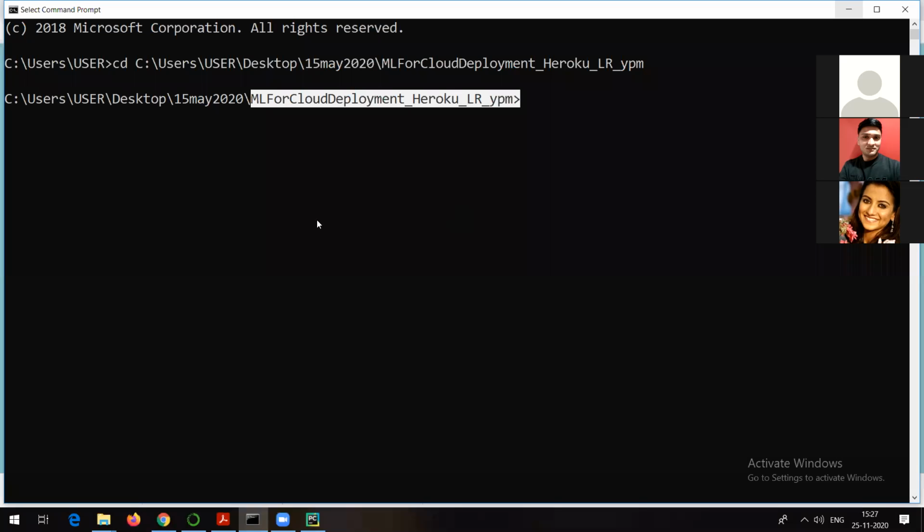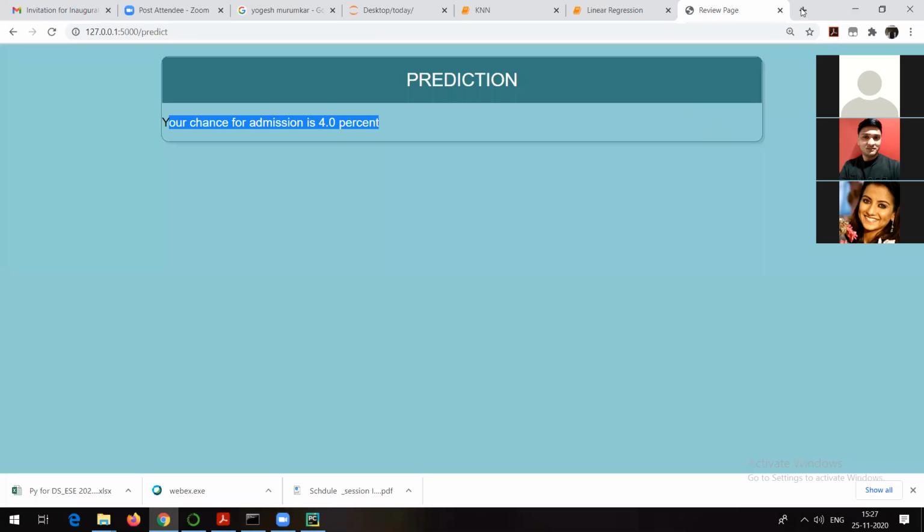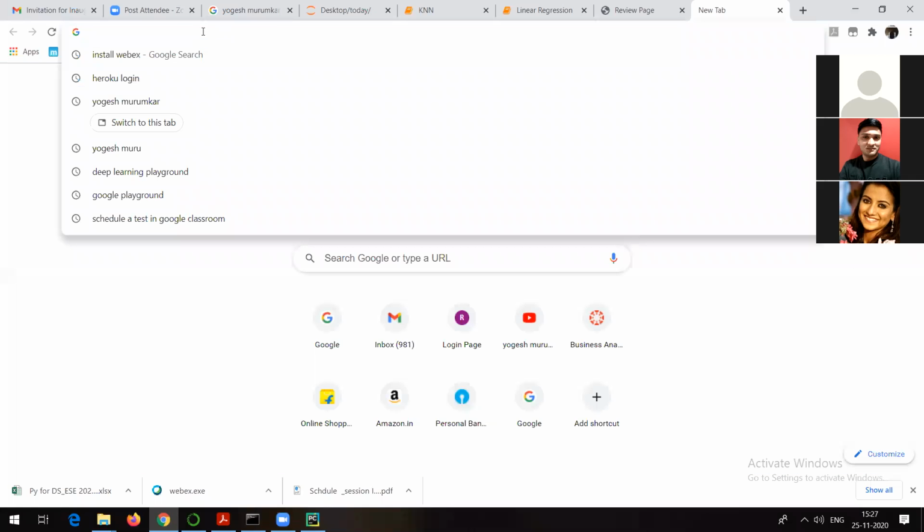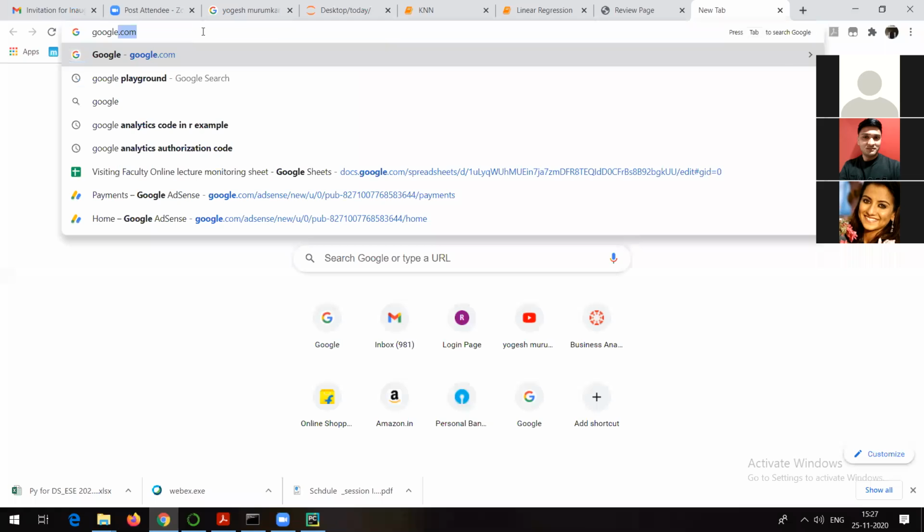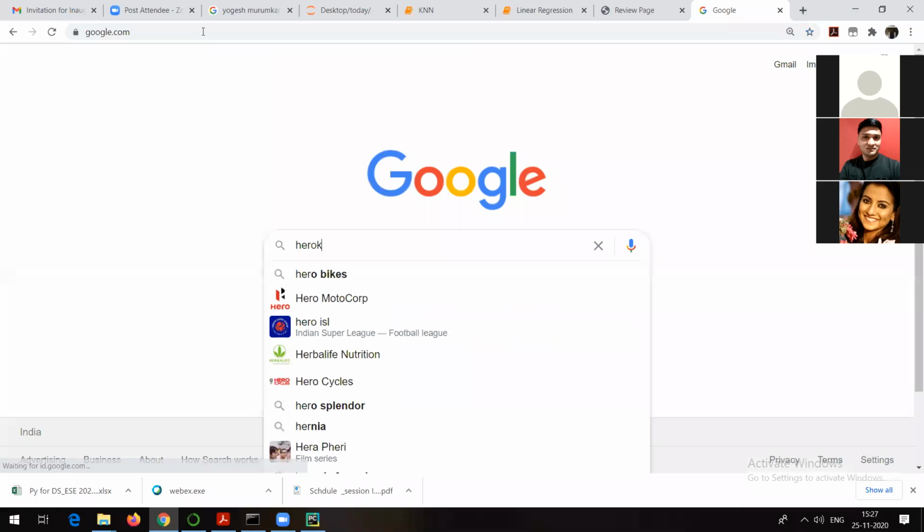After that, the next step to deploy your application is, obviously, you should have an account on the cloud on which you want to deploy your application. In my case, I have already created an account for Heroku Cloud. I have an AWS account also, and a Heroku account.